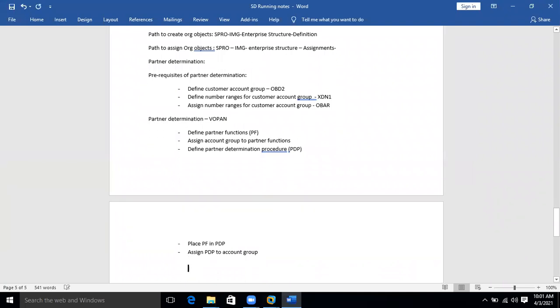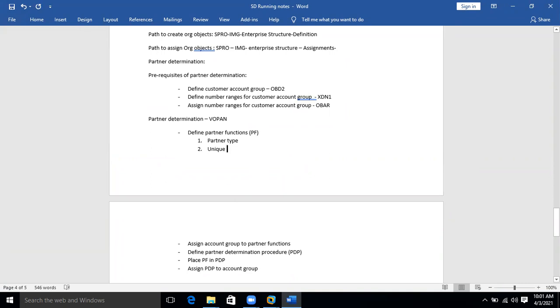Now, so here in define partner functions tab, you will have partner type. It identifies whether a partner is customer or vendor or something else. Then in this, you have one more field that is unique.